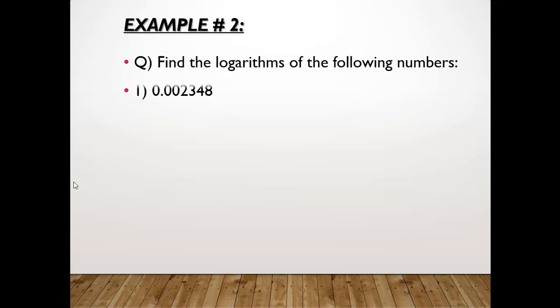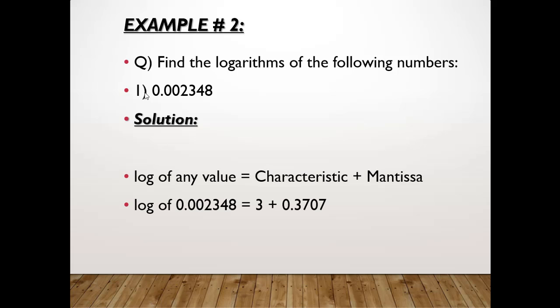Okay, the second example is this. In this value, if you observe, the value starts from 0. We have learned in the previous lecture that whenever the value starts from 0, the characteristic should always be taken negative. The number of zeros in the value is actually the negative characteristic. That means there are 3 zeros now. One 0 is before the decimal point and 2 zeros are after the decimal, so collectively there are 3 zeros. So the characteristic in this case is actually -3. And we will write -3 like this, bar 3, in the log form.